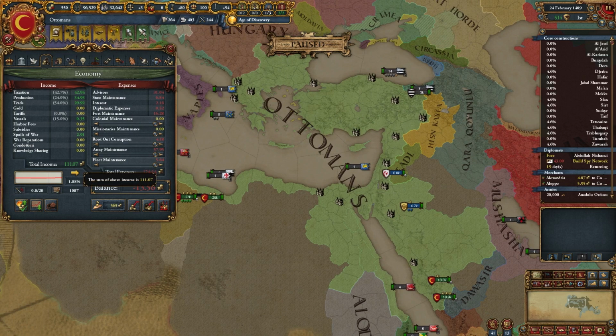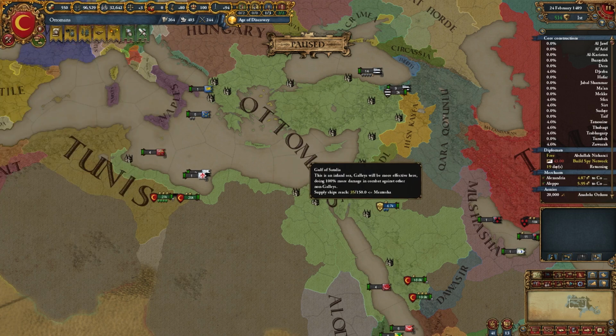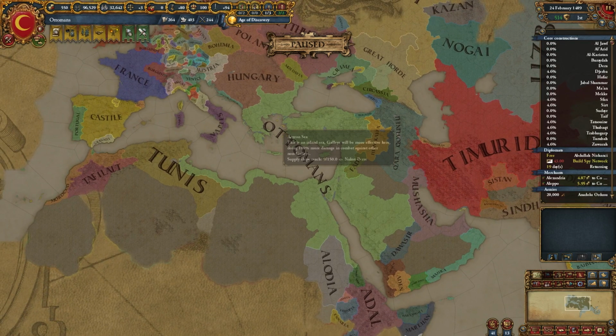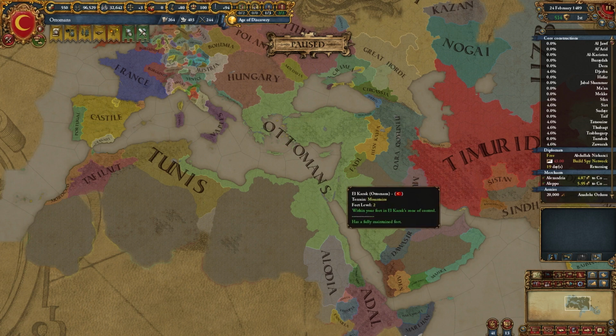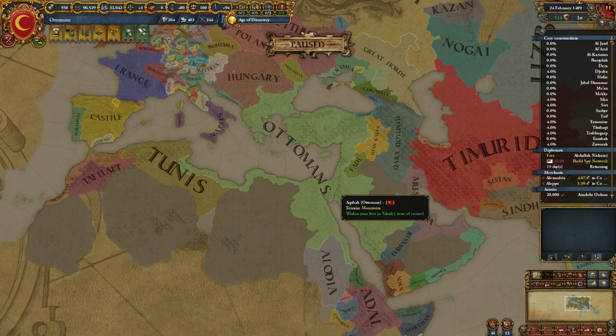I have more than 110 income, which is mainly because of tax and production, because I fully staterized all of that. It's all my culture group. And this Ottomans could basically fight the whole world. And this was obviously due to the technique of using the Mamluk guarantee on Cyprus until the end, actually, because